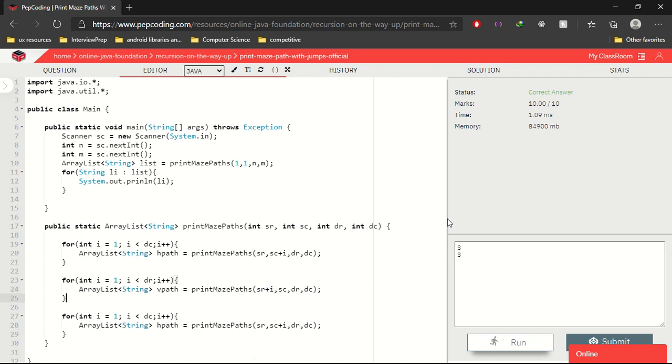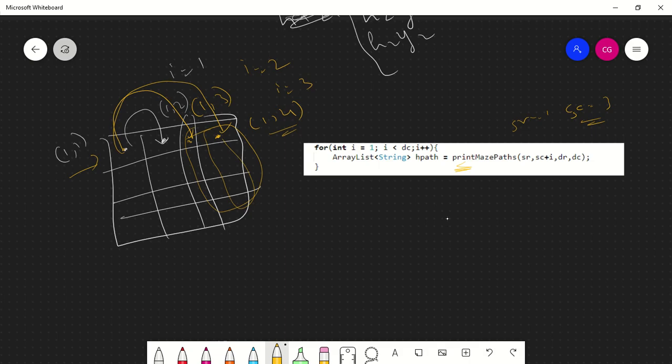And this is the diagonal case, dc and dr. You need to move both, SR plus i and SC plus i, that is from here to here. When i is equal to 1, the point becomes 2 comma 2.